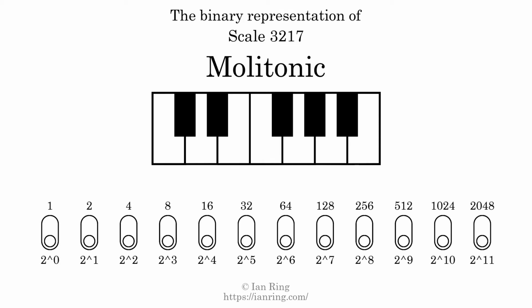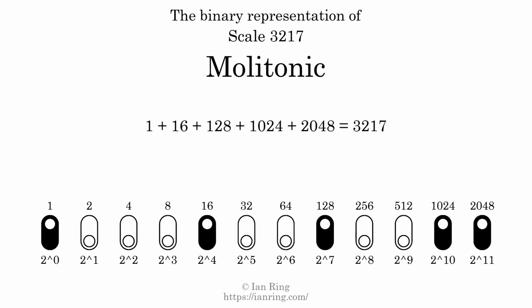The binary representation of this scale is determined by mapping tones of the scale to binary digits. Each binary digit represents a power of 2. To get the scale number, we add the powers of 2 together. The powers of 2 that are present in the scale, all added together, equals 3217. That is why the scale number, in decimal, is